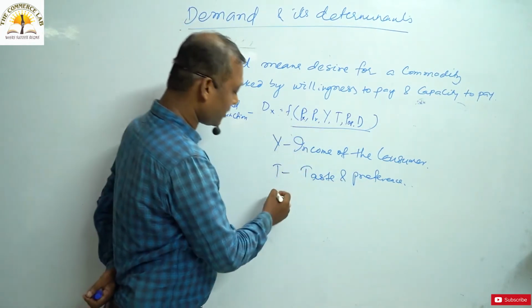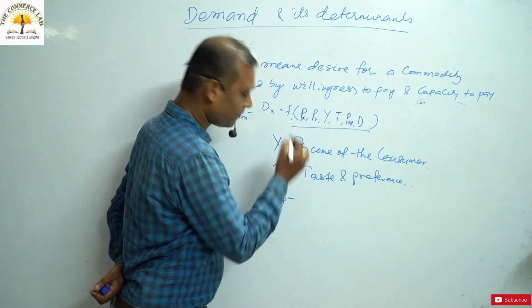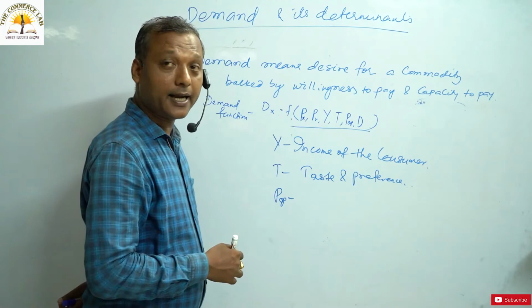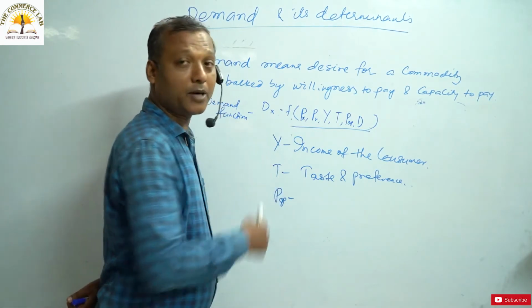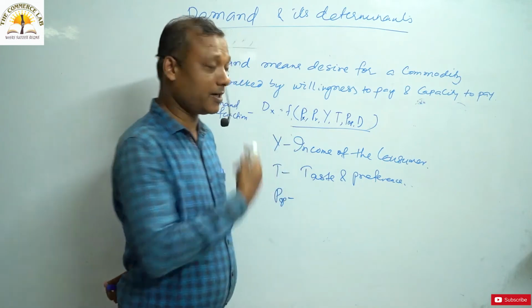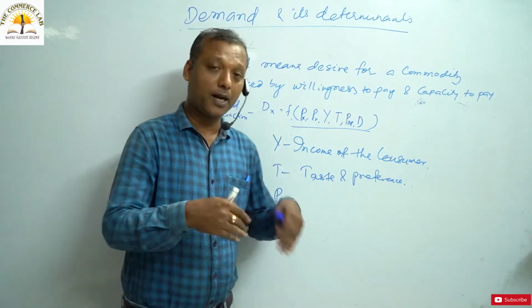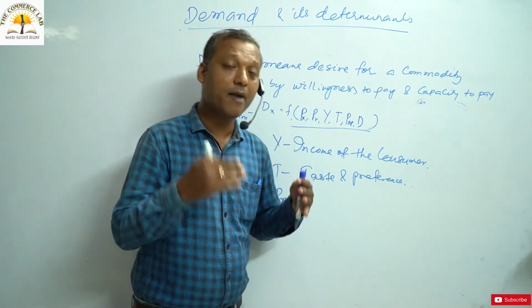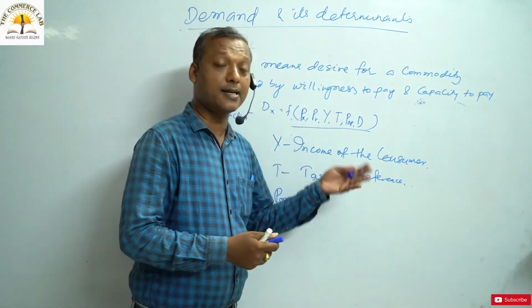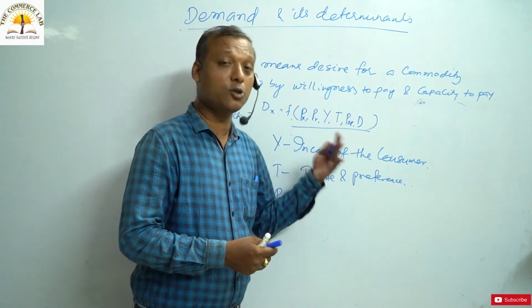Coming back to other points, which is your population. Population is one more example for your India, a country like India. It's an important variable that determines the demand, and it is very simple and clear to understand that when population of a country rises, obviously demand for the commodity will also rise. When the population of a country rises, demand for the commodity also rises.